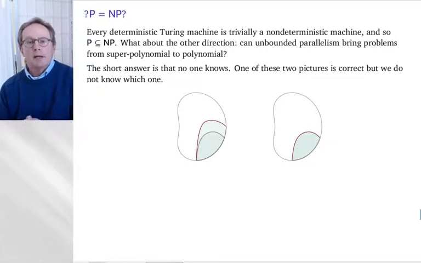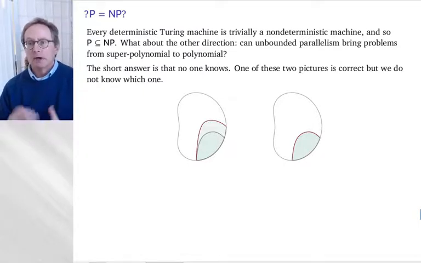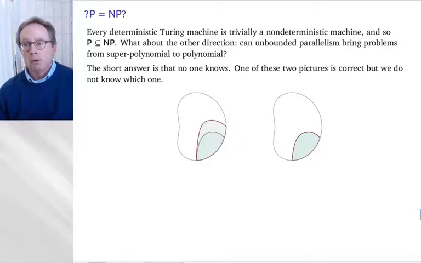When you move to NP and you get, for example, the unbounded parallelism or the demon whispering in your ear, however you like to think about it, can you bring problems from apparently super polynomial down to polynomial, down to the range where Cobham's thesis tells us they're at least conceivably solvable? And the short answer is, nobody knows. Of these two pictures, one of them is correct, either the left or the right. The left has P a subset of NP, and the right has the two of them as the same set. One of the two pictures is correct, but at this point, we do not know